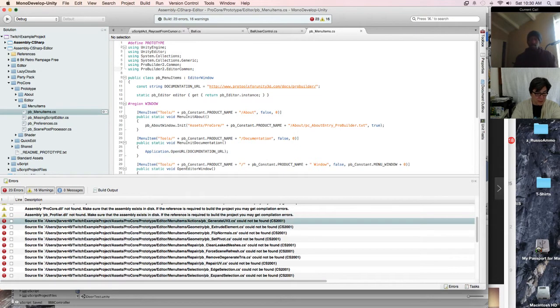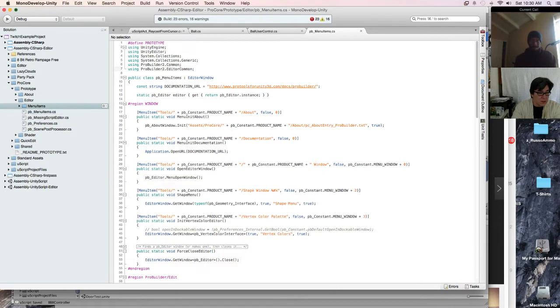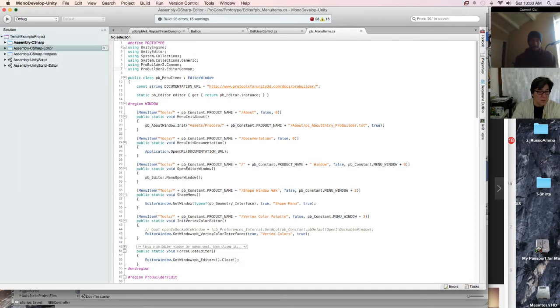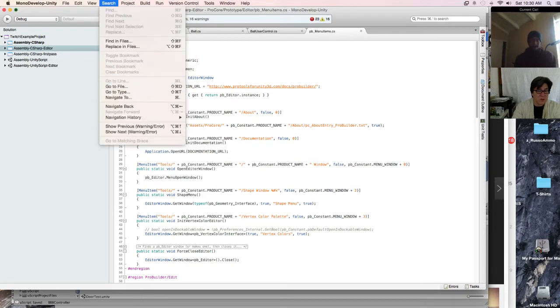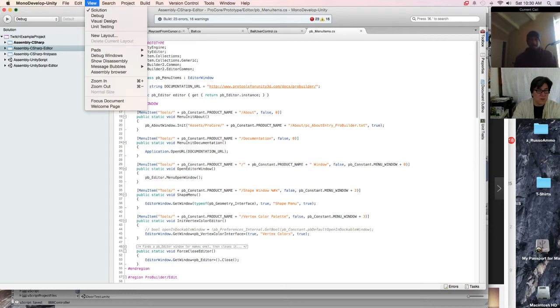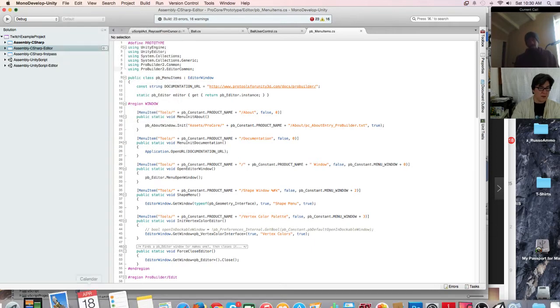It doesn't like that. ProBuilder editor menu items actions could not be found. What's calling that? PB menu items.cs in the editor. So I deleted this. Let's refresh. How do I refresh this? It should have auto refreshed, I thought, and gotten rid of that.